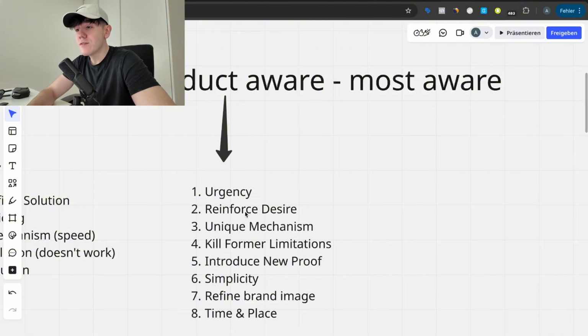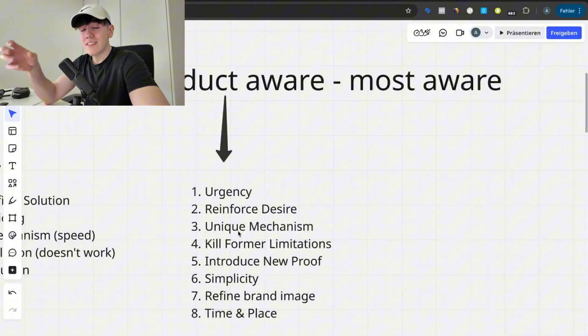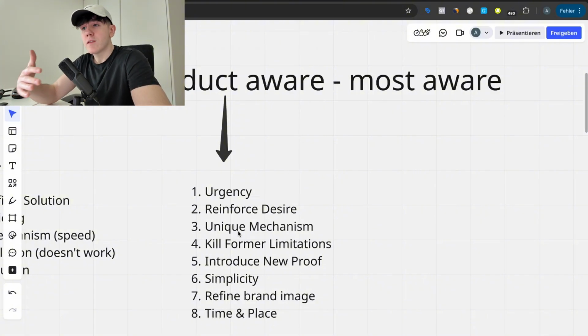Second thing is reinforce the desire. So actually give them a logical reason why it makes sense to solve that desire and why your solution is the best one, right? And so you're the best competitor. That's the specific one. So you have to reinforce their desire, because most brands, once again, most dropshippers especially, what they're doing is they're making ads about the features. They're talking about the features. You have to reinforce the deepest desire that they're actually struggling with.